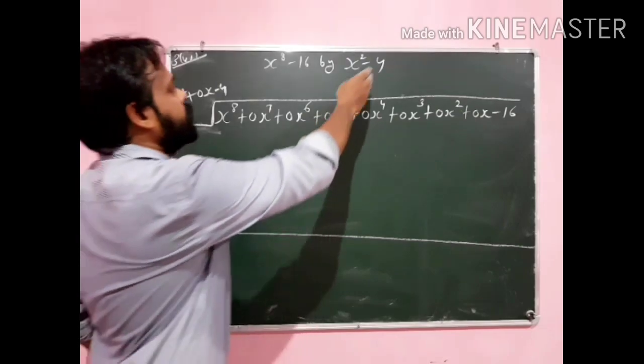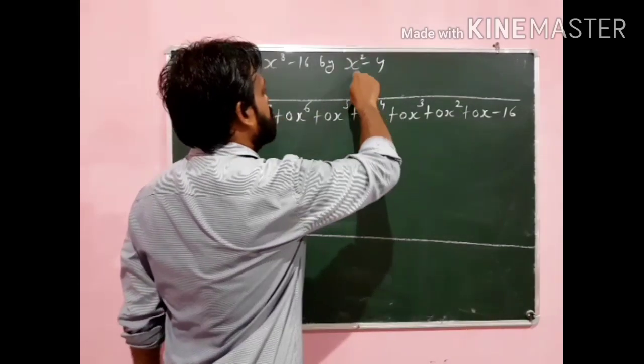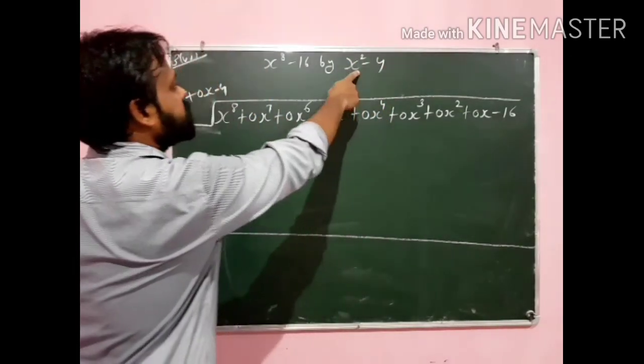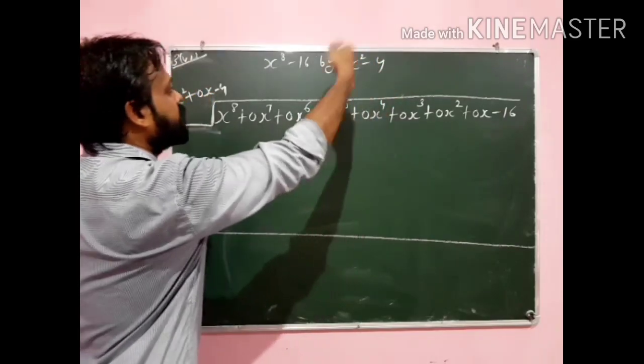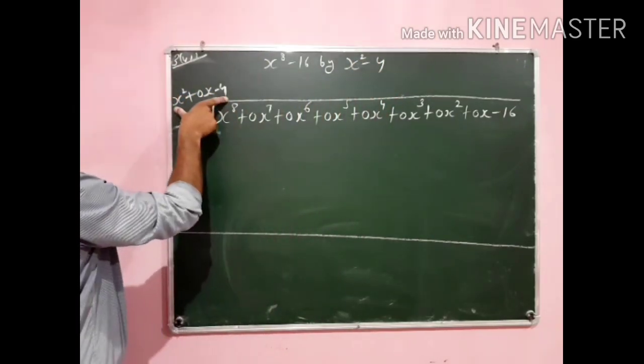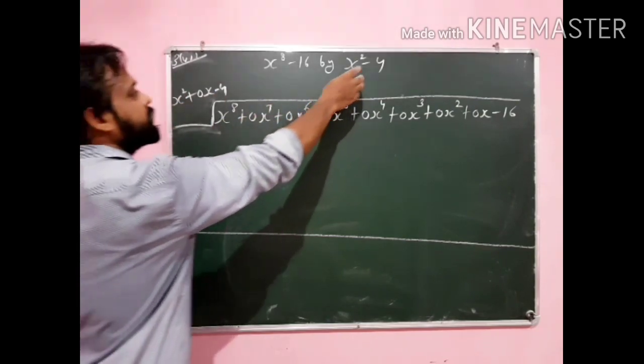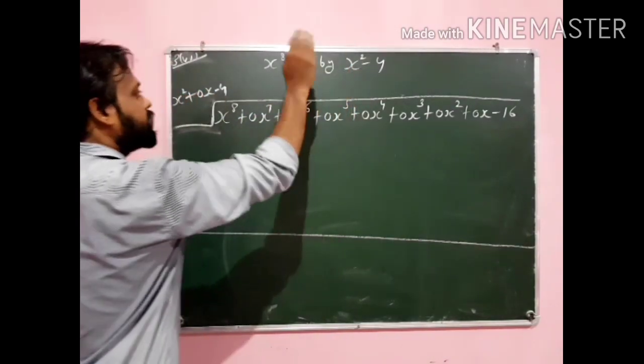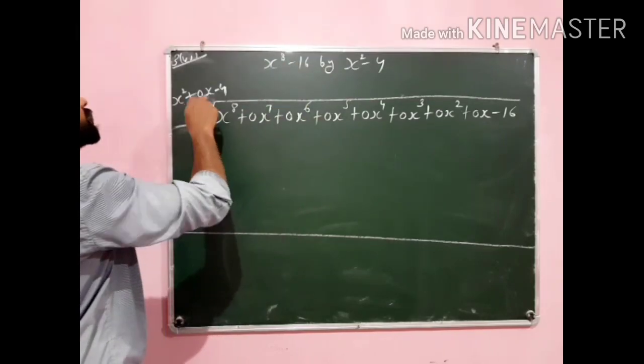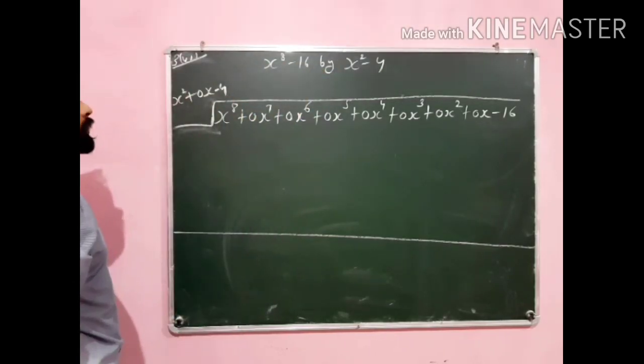And also you can see in this polynomial here, one term is missing, that is x. The variable x is missing here. So write it down here, it will become x square plus 0x, because the variable x is not here, so you can write it down by yourself. This is plus 0x then minus 4.